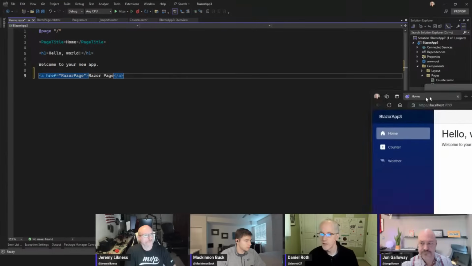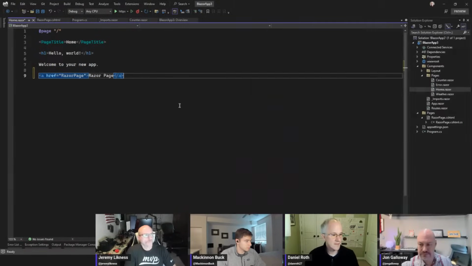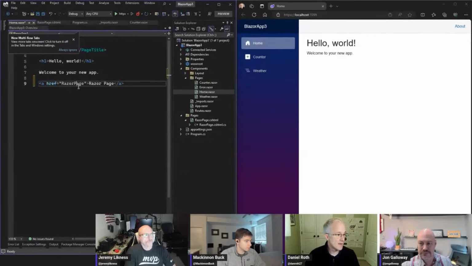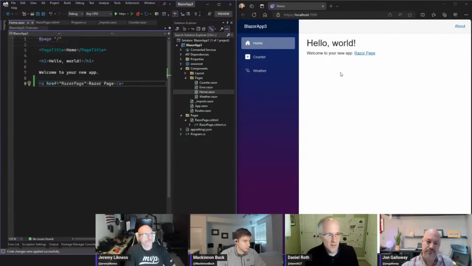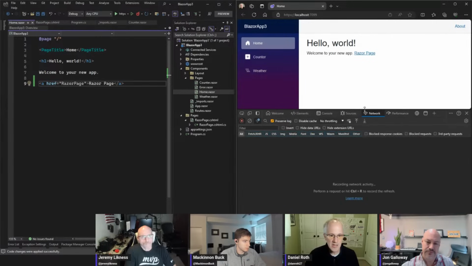The app popped up over here. Let's go side by side. Okay, we'll save that, and we should now get a link on our page. We do. Okay, so if I bring up the browser DevTools and look at the network, and let's say we